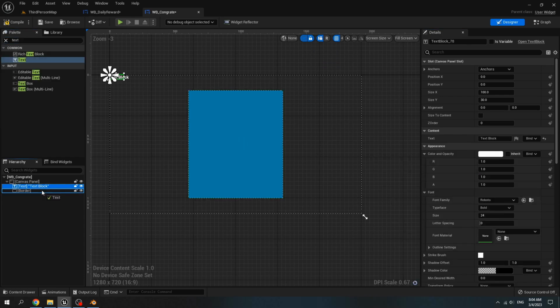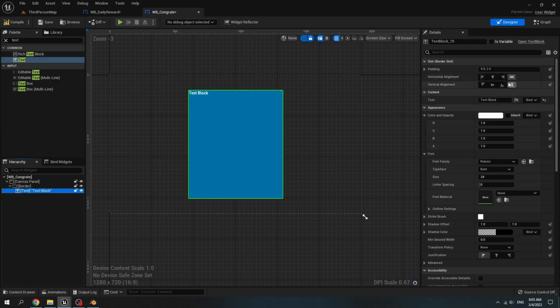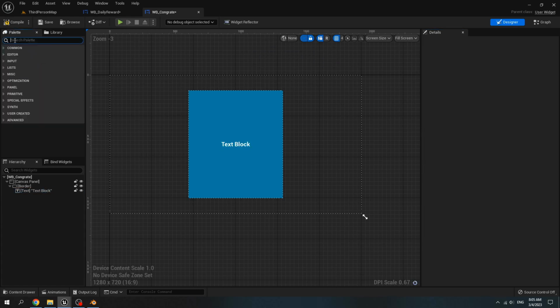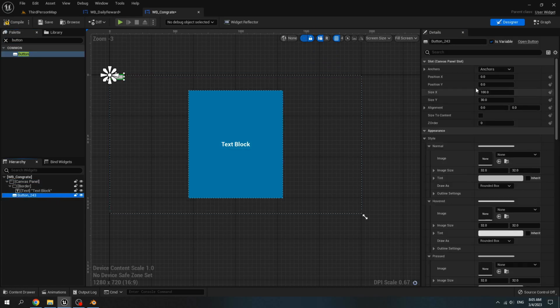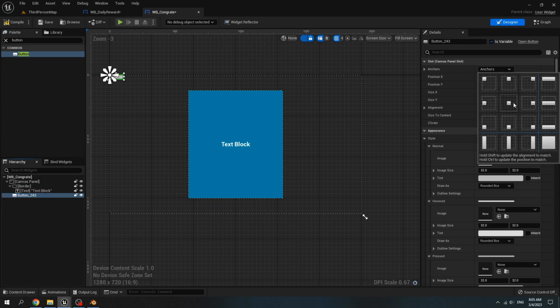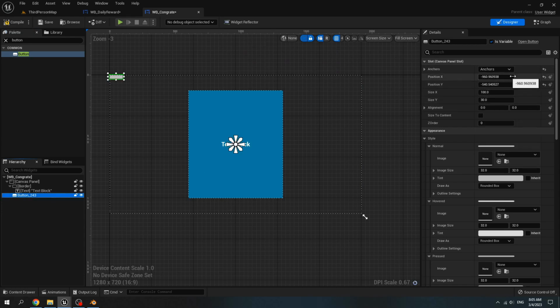Search for text, add it to the border. Set the align to center, align horizontally, and center align vertically. Set this text font size to 35. Search for button. Add it to canvas. Set anchor to center and position X to 0, Y to 0. Align X to 0.5. Align Y to 0.5.